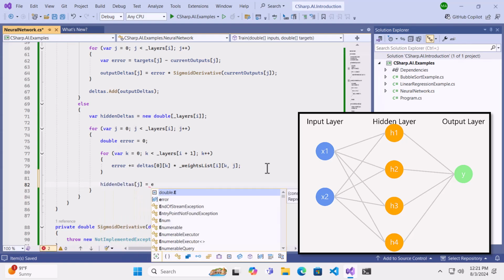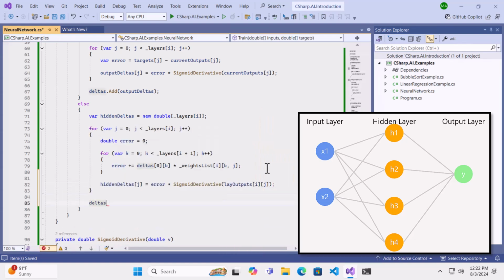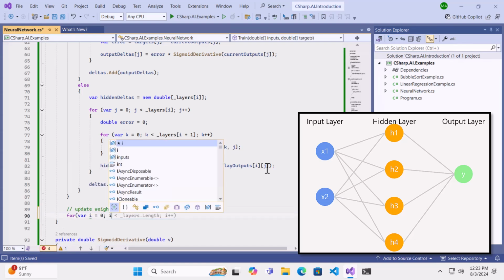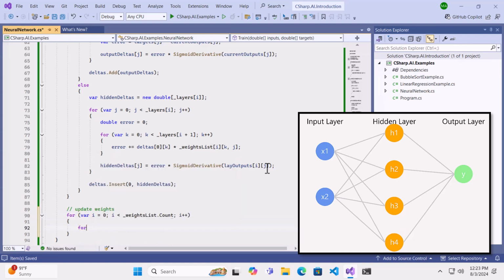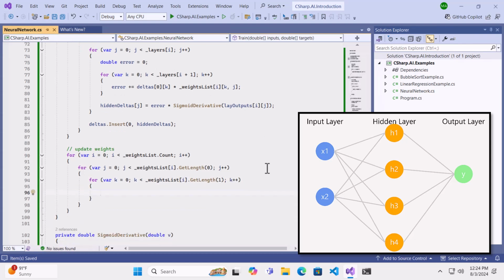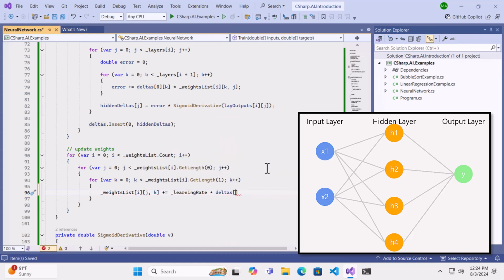Finally, we update the weights using the calculated deltas. For each weight matrix, we iterate through each element and adjust it by adding a term proportional to the product of the learning rate, the corresponding delta, and the output of the previous layer's neuron. This adjustment moves the weights in the direction that minimizes the error, effectively teaching the network to make better predictions. This process of forward and backward passes, followed by weight updates, is repeated for each training example, allowing the neural network to learn from the data. The train method encapsulates this core learning algorithm, enabling the neural network to iteratively improve its performance on the given